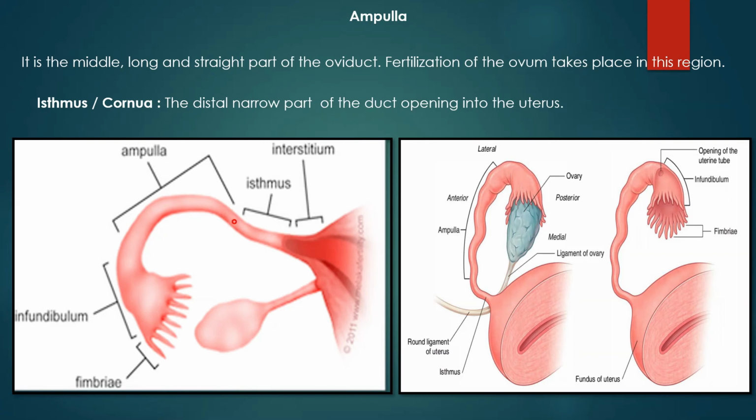This narrow part, distal at the end, the narrow part of the duct, which is called the isthmus, is connecting to the uterus. This is the more clear image you can see. This is the ovary. The fimbriae has been enclosing this ovary, and inside there is an opening, this small opening, which is called ostium. The entire fallopian tube is lined with cilia and consists of parts: the fimbriae, infundibulum, ampulla and the isthmus, also called the cornua. Let's move ahead.